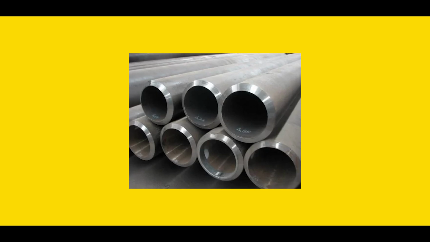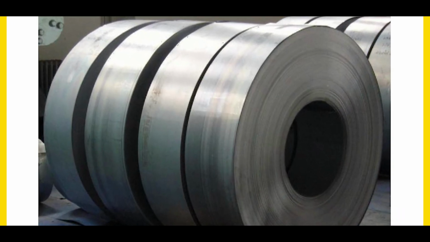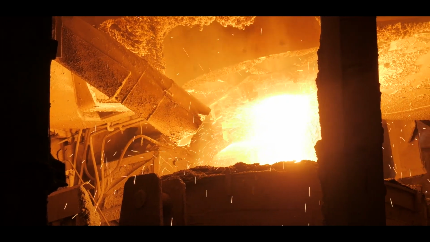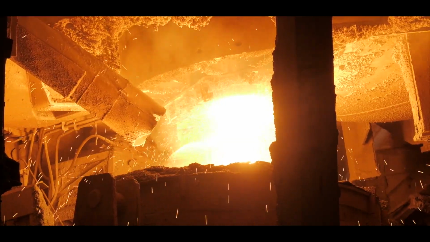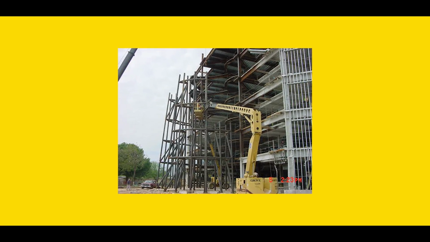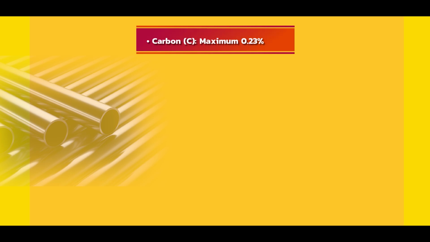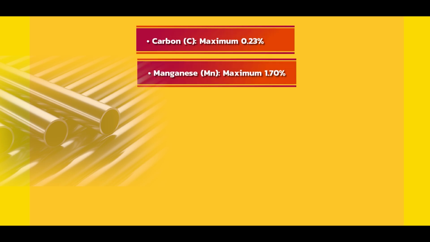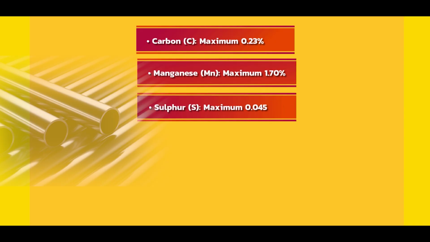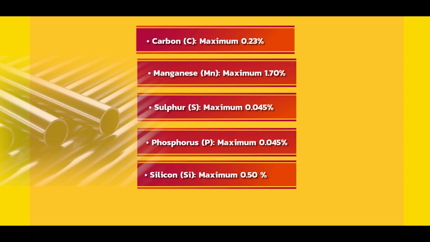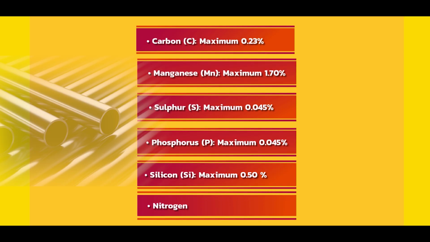Welded hollow sections are made from hot-rolled steel strips that comply with IS 10748 or IS 2062. The chemical composition of these sections is designed to maintain good weldability and structural integrity. The key parameters for welded sections include carbon, which is maximum 0.23%, manganese, which is maximum 1.70%, sulfur, which is maximum 0.045%, phosphorus, which is maximum 0.045%, silicon, which is maximum 0.50%, and nitrogen, which is maximum